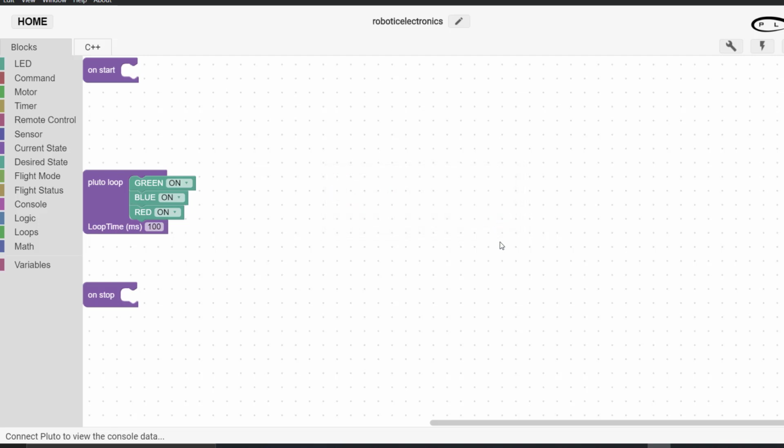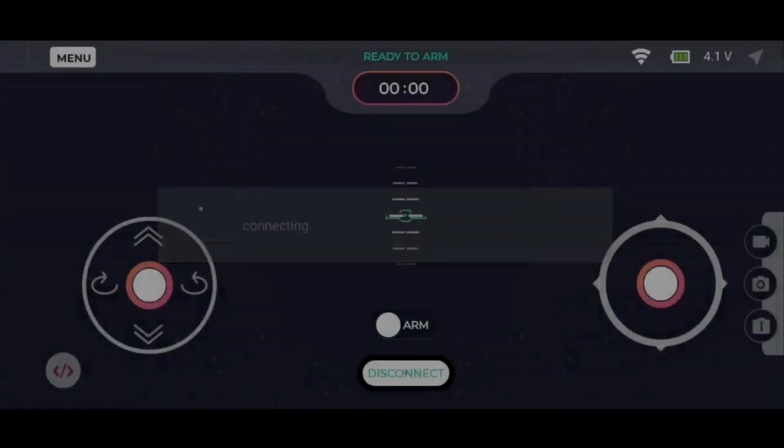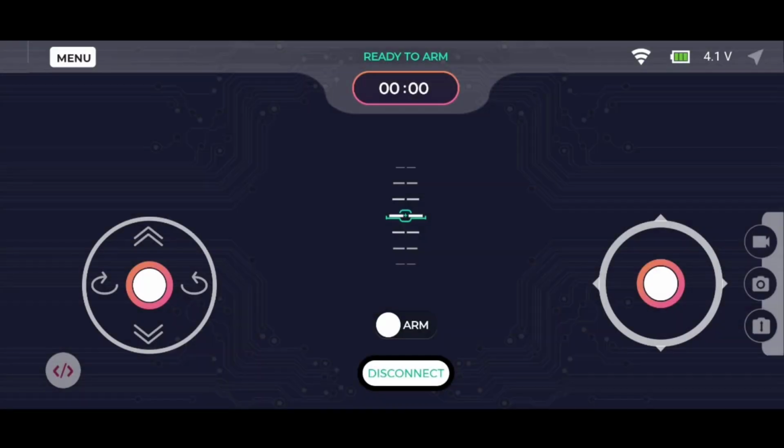Okay, now the code has been successfully flashed into the Pluto 1.2, and now we shall see the execution of the code on the drone. This is the mobile screen. You need to connect to the Wi-Fi, and you need to switch on the developer mode, and when you turn on the arm button, the drone will be working.